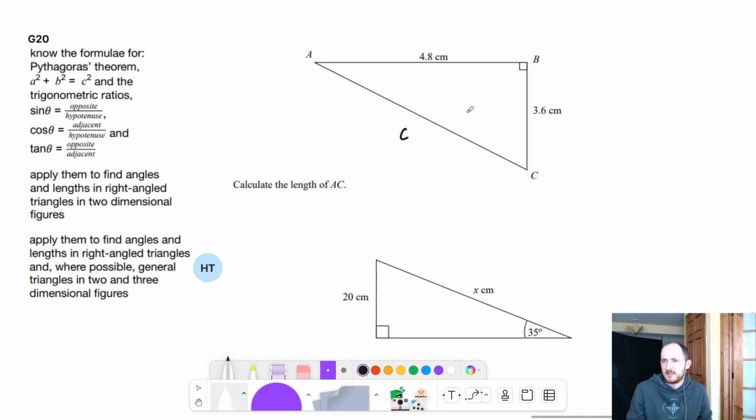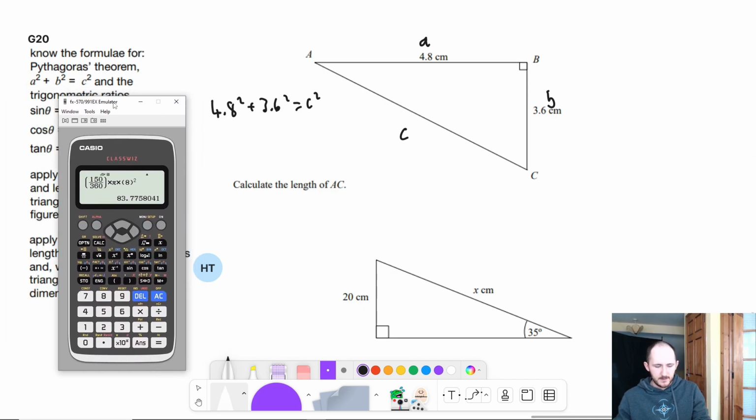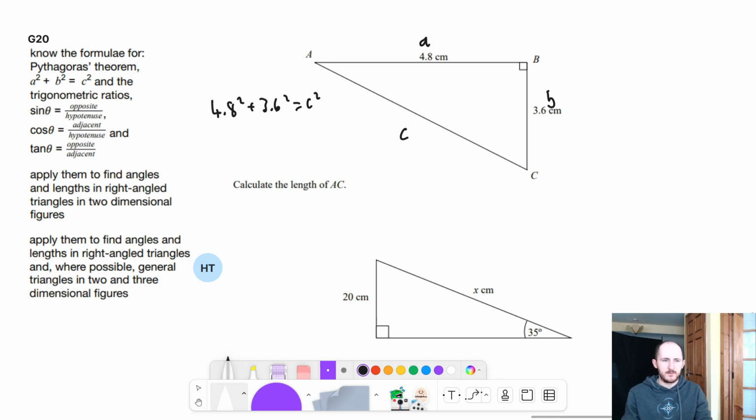The rest of them, it doesn't matter which way round you do it, because you're just squaring and adding them. So you have 4.8 squared plus 3.6 squared equals c squared. So type that in on a calculator. It's 36. Well, that's a nice number. So don't forget, that's not what c is. c is the square root of 36, which hopefully you know is 6